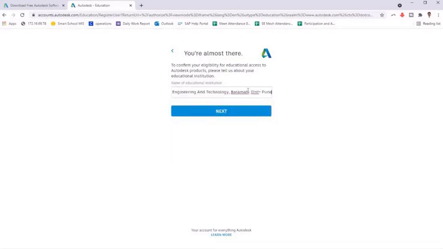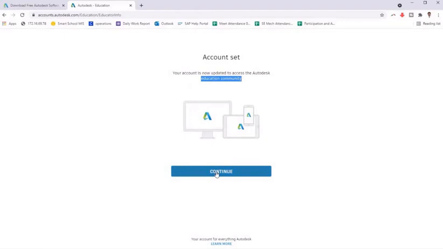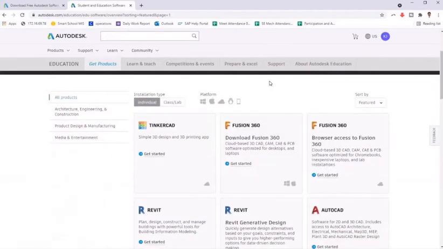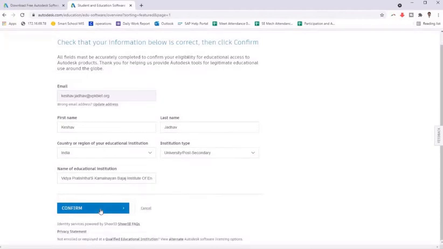Click on next. Continue. Select the product Fusion 360, verify the details and confirm.